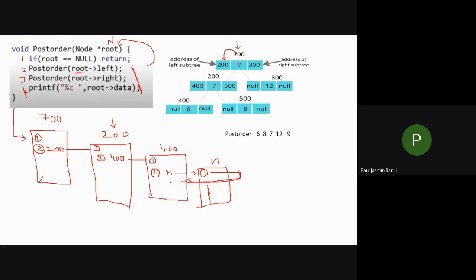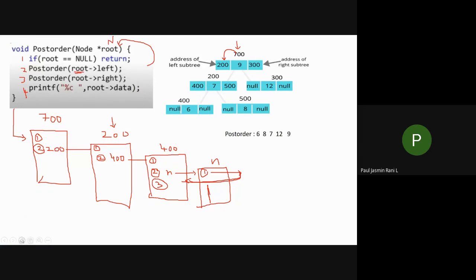So what is the third statement I have to do? Anyone? Root of right. Yes, root of right. Okay, what is the root value now? 400. Root value is 400. What is 400 of right? Null. Yes, 400 of right is null.